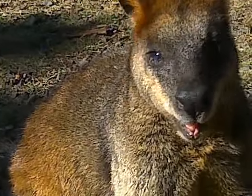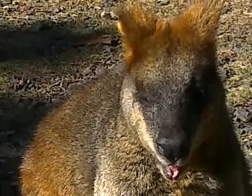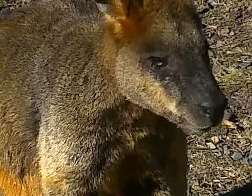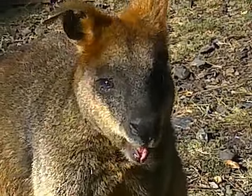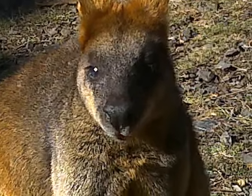I don't know whether the vitreous and aqueous humour have mixed, but I can actually see the top of the arc of the lens sticking up above the bottom of the arc of the cornea. So I know that the milky looking lens is actually still there, but it's fallen down inside the eye. So my strong suspicion, you can see it twinkling there,